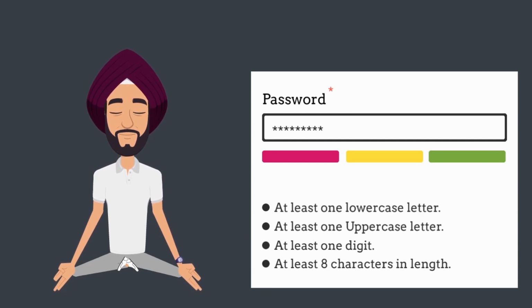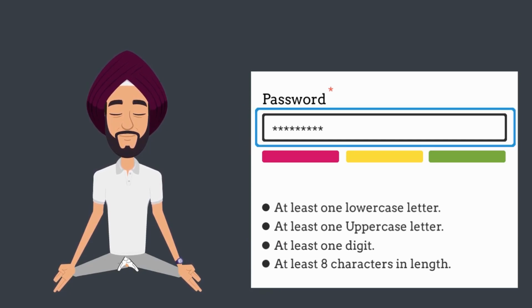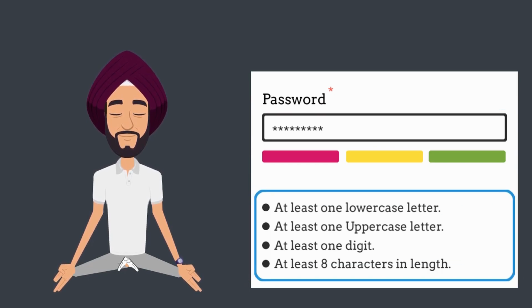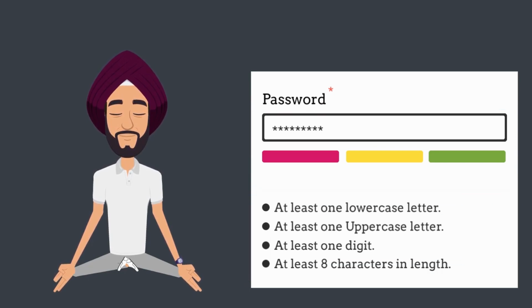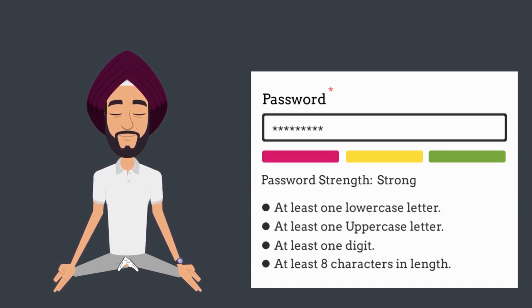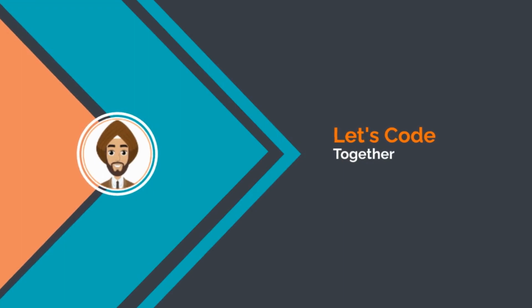When you move your focus to the password input field, JAWS should announce what the requirements are to create a strong password, and second, make the screen reader announce the password strength when you stop typing. And for people with color blindness, you can display a copy text on the screen indicating the password strength. It's that easy. Now let's code together to make the password strength indicator web accessible.